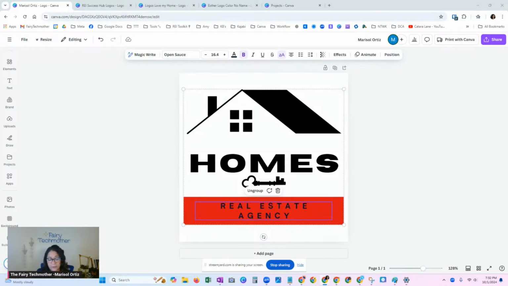So, what I do for my clients, I do black, white, and color, all in transparent backgrounds. And then I do a couple different sizes because you need different sizes for your signature and for your website. But for you ladies that are just getting started, this is good enough.